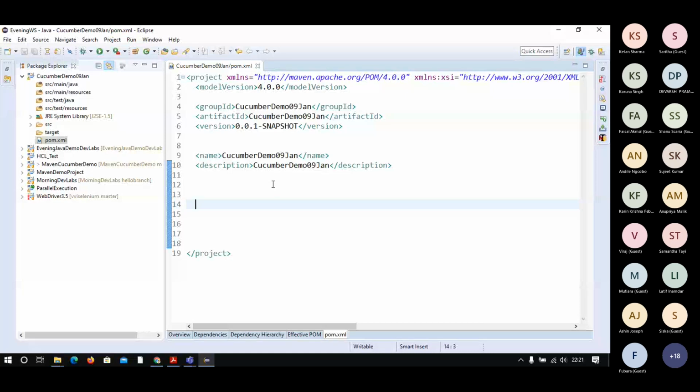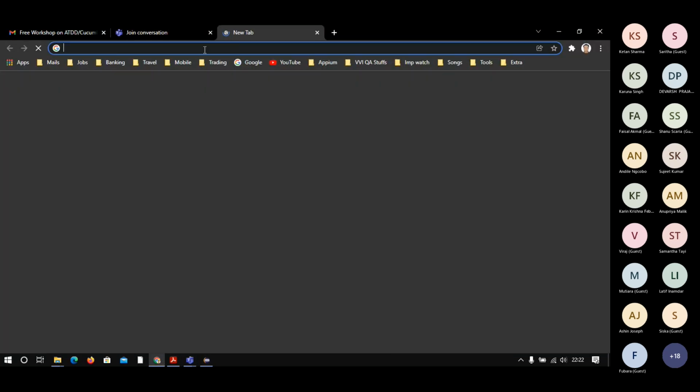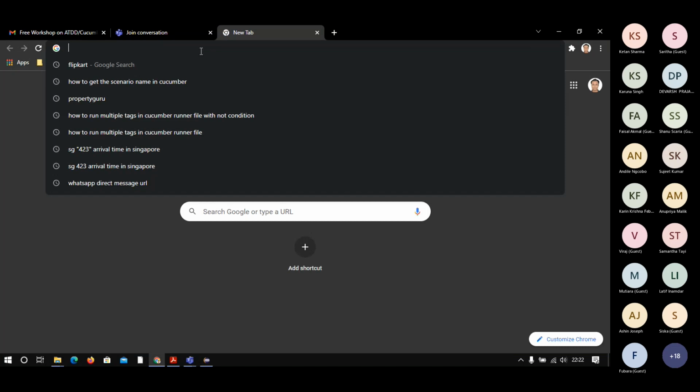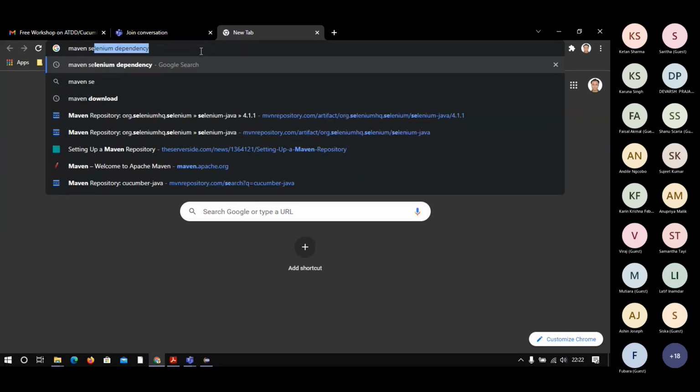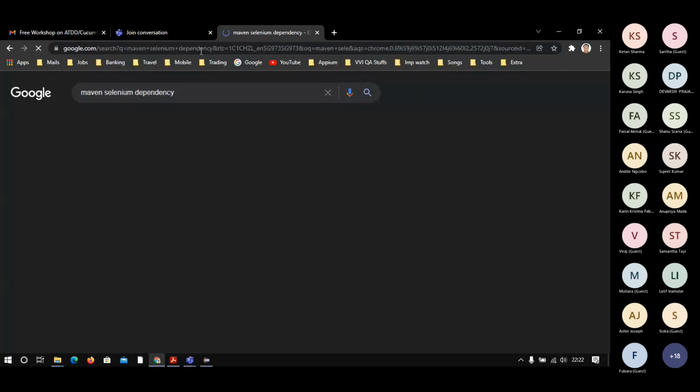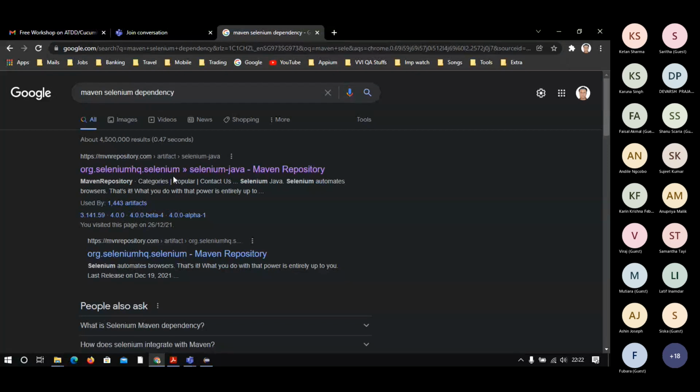So I'm proceeding with the basic setup. Say that I want to add Selenium here. How to add it? I'll go on the internet and search for Maven Selenium dependency. You see here, we will get this Maven repository.